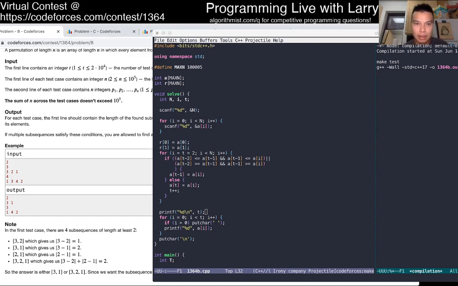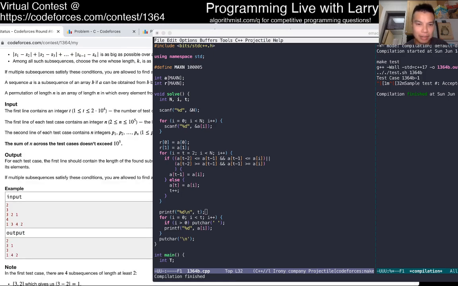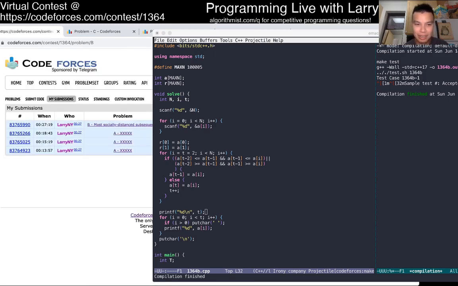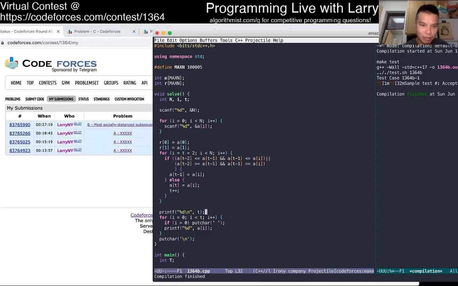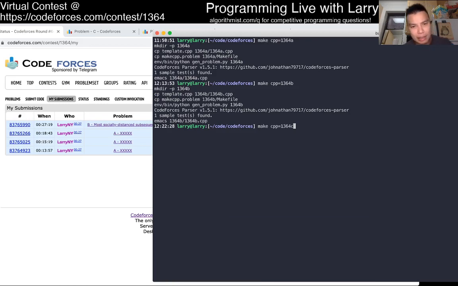Let's start submitting it. Oh, I should have tested the N is... oh, okay, it works. I was going to say, I need to test the N equal to 2 case.